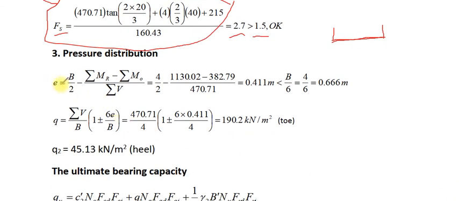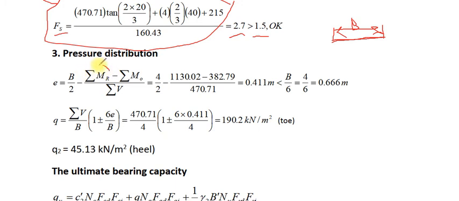Here the eccentricity equals B over 2, where B is the width of the retaining wall, minus